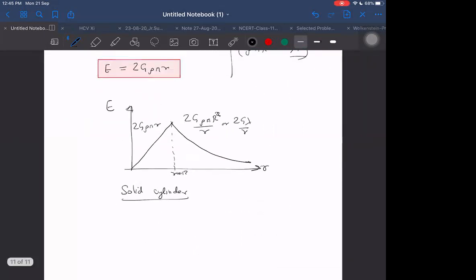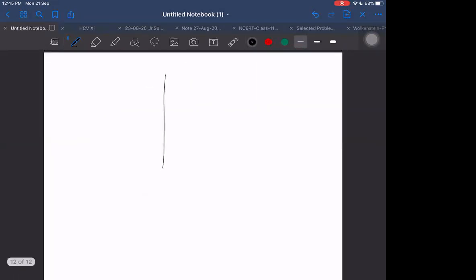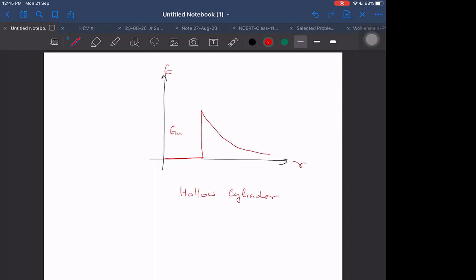For the hollow cylinder, I forgot to mention, but you can tell me quickly what you expect. Inside it is 0, and outside it decreases the same. The mass enclosed will be 0 inside. That's all for the hollow cylinder E versus r graph. So E inside is as usual 0. All these cases are for uniform distributions, so we are mentioning volume density and areal density.